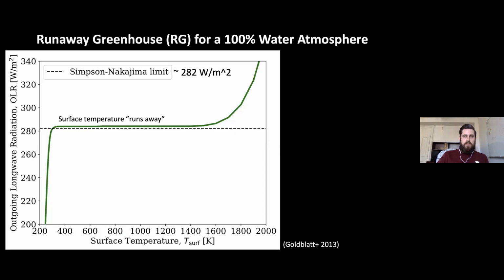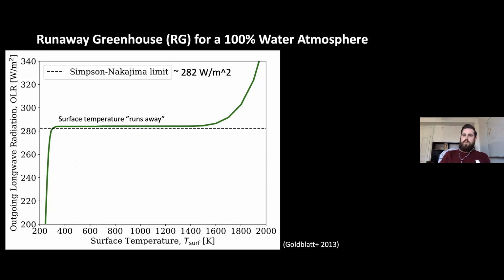However, planets start out very, very hot after formation. One of the reasons is because the host star, the host M dwarf in this case, is outputting a very large amount of radiation, which is hitting this planet. There's a limit to how much can be efficiently radiated away to maintain a surface temperature before the surface temperature runs away, as you can see in this figure. If the incoming radiation is above what's known as the Simpson-Nakajima limit, then the surface temperature very rapidly runs away into these very high values.